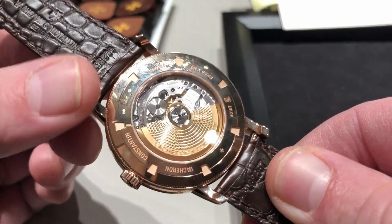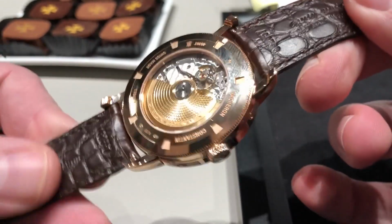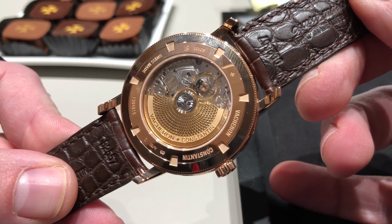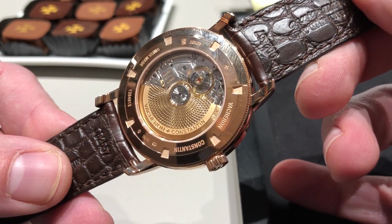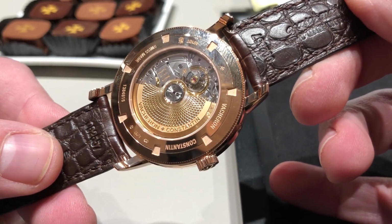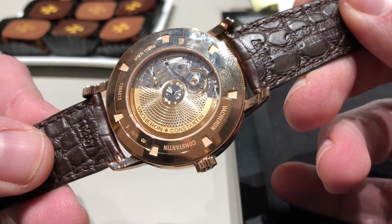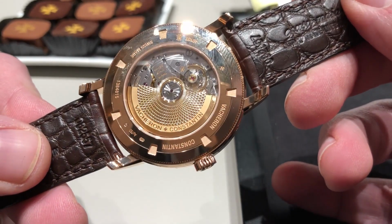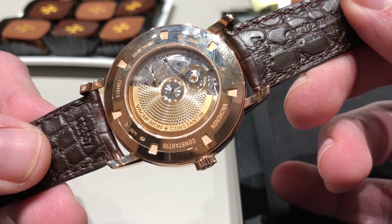You can see the Poinçon de Genève, now a full watch standard. You can see it's imprinted on both the exterior of the case back and the movement itself. You can see the handsome barleycorn of the 22-karat gold winding rotor, as well as a fine and beautifully textured linear Côte de Genève on the bridges beneath, and an evenly distributed and fine perlage engine turning about the base plate. Also note that Vacheron's modern tradition is for polished screws rather than blued, and you can see them present